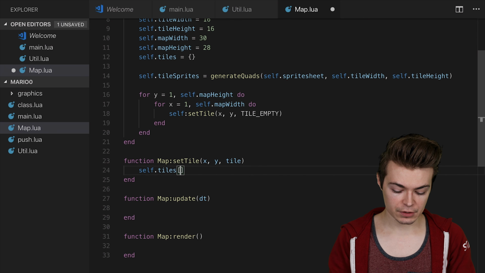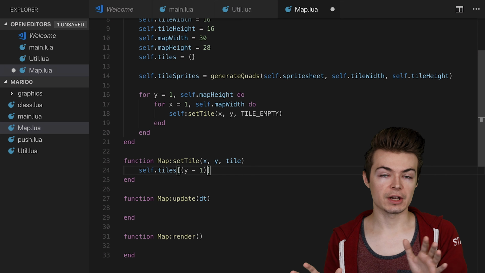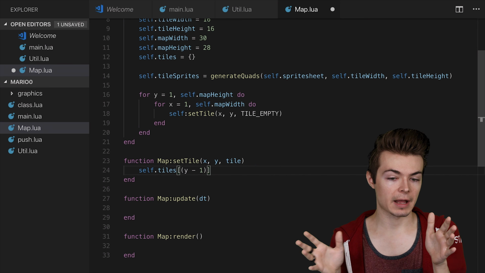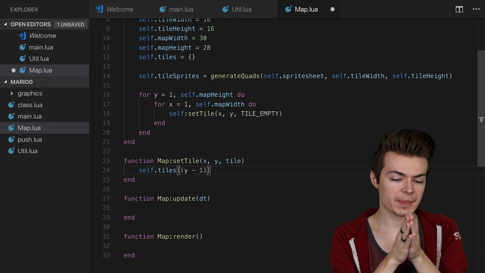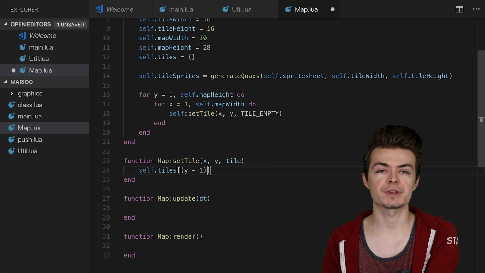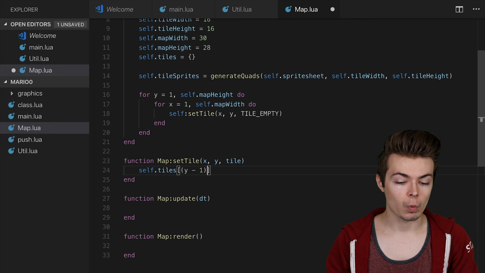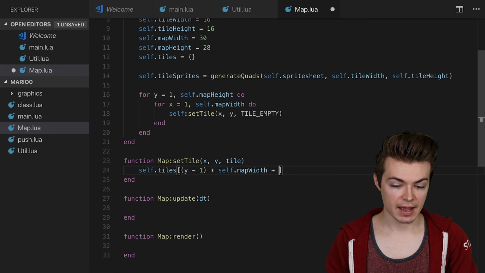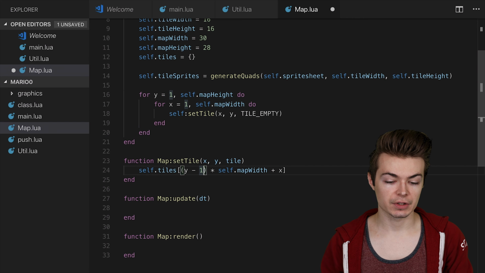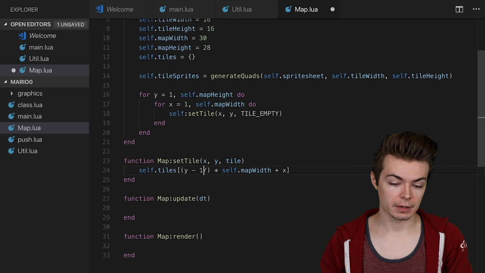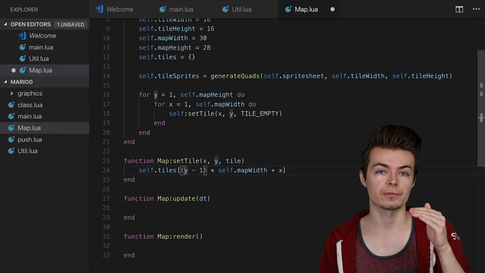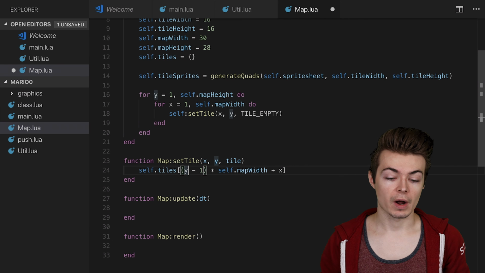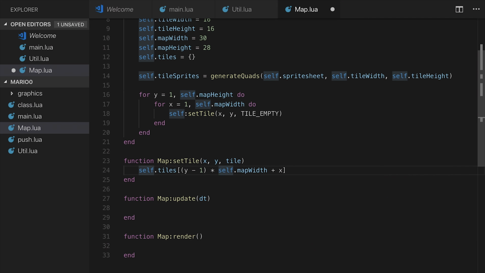Self.tiles at, now this is an interesting way of storing information in a compact way for tile maps. You can do this in multiple different ways, but this is essentially storing a 2D map representation in a one-dimensional way. So we'll say y minus 1 times self.mapWidth plus x. By virtue of that, we're saying wherever our y is, minus 1, because everything is 1 indexed. So for example, if this is our first row and y is equal to 1, it's going to equate to 0 here times the self.mapWidth,